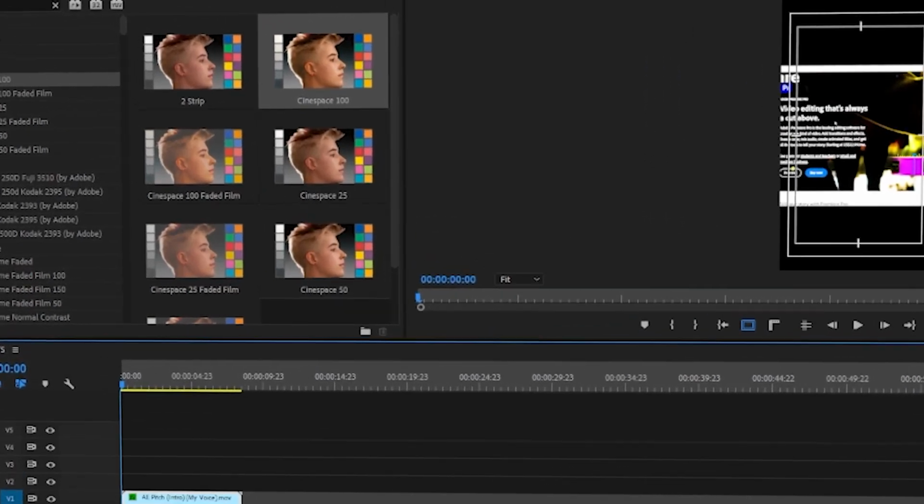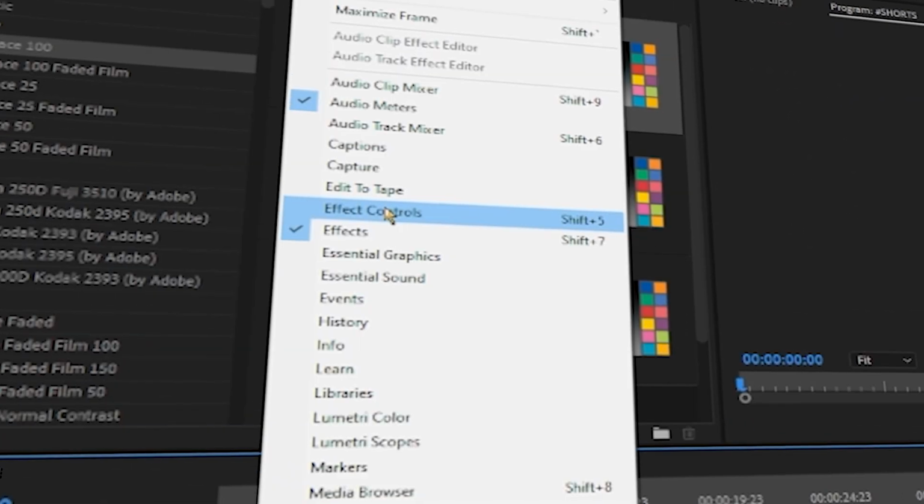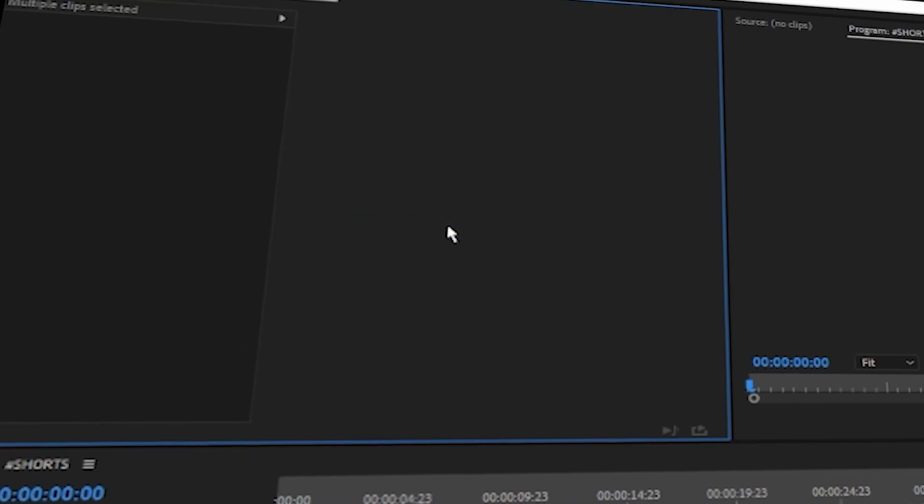This tutorial will show you how to get the effect control panel in Adobe Premiere Pro CC video editing software